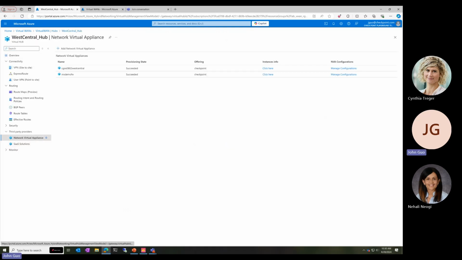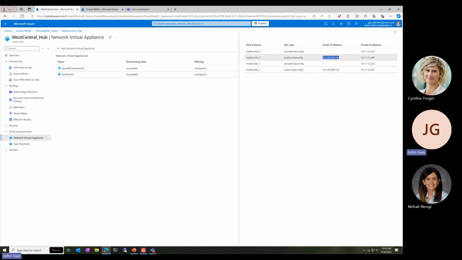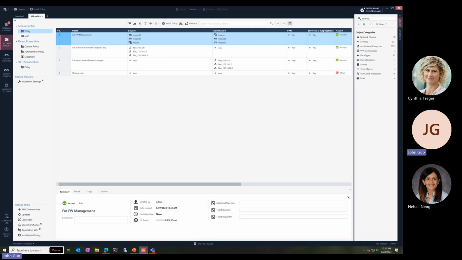Okay, so under third-party appliances, NVA information. So I have, let's say, I'll just onboard one of them. The same process you follow for the other one. Okay, so what you're looking at here is the Checkpoint Smart Console, and this is our central management